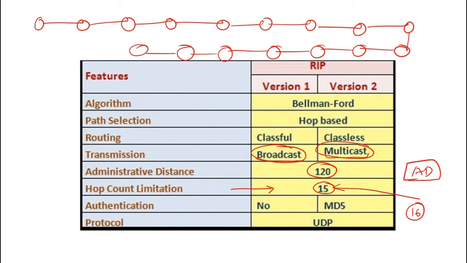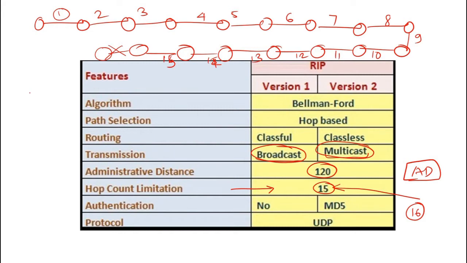No problem. So, anyway, up to how many hops have we counted? 1, 2, 3, 4, 5, 6, 7, 8, 9, 10, 11, 12, 13, 14, and 15. So this is 14, and this is 15. So what is happening is that RIP only supports up to this hop count, and if any hop is further away, it will be ignored. You cannot send traffic further after 15 hops. So that's why the hop count limit, and remember that it is in series.